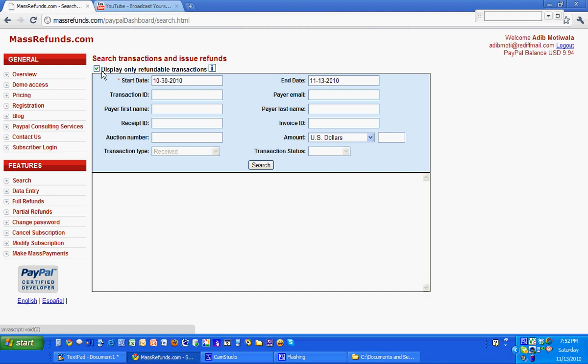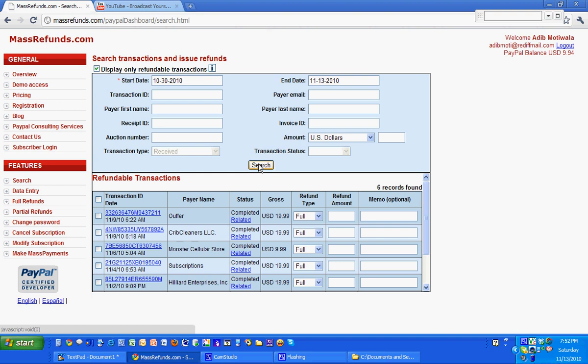On the top here you have a checkbox which can be used to display only refundable transactions. If you uncheck it, you can view all transactions whether they're refundable or not. So this system has the ability to find out which transactions are refundable. By default it's set to find 15 days worth of transactions for you. So let me just hit the search button. There you go. In a couple of seconds I was able to retrieve 6 transactions that are refundable in my